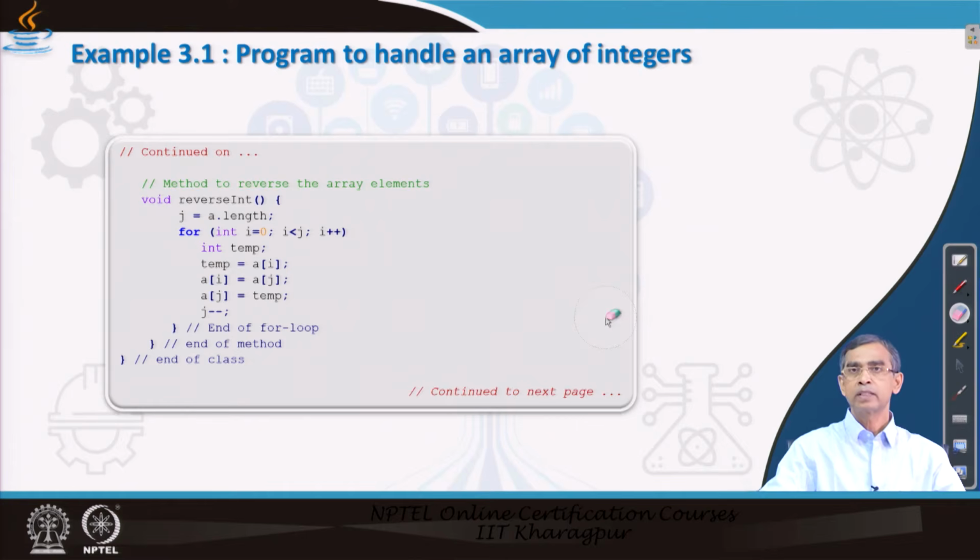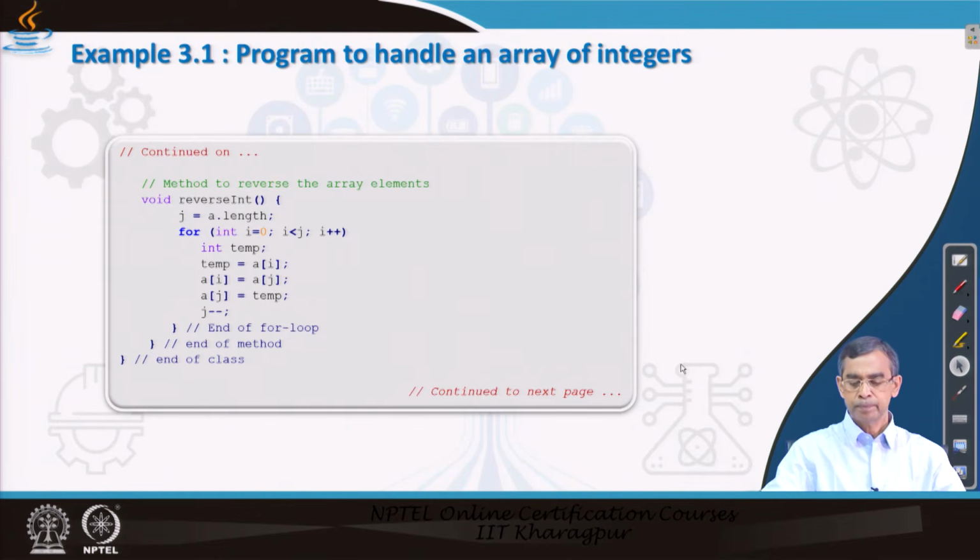This basically gives the method of reversing. So, three methods: one is the method of initializing arrays, which we have discussed; then printing all the elements in an array, which is also discussed; and finally the reversing of the array elements. So, this completes the declaration of a class. In this case, this class will work specific to an integer array.